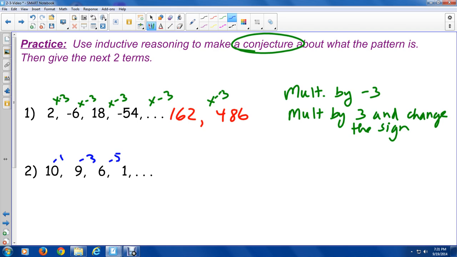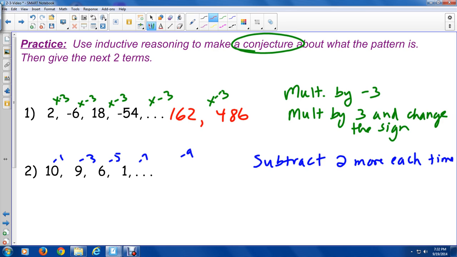Although I'm not subtracting the same thing each time, and you be careful not to stop too early, just go ahead and figure it out and then observe. It does appear that there's a pattern in the way I am changing the difference between the two numbers. What I'm observing is that it appears that we are subtracting 2 more each time, leading me to believe that I should subtract 7 and then subtract 9 for answers of negative 6 and negative